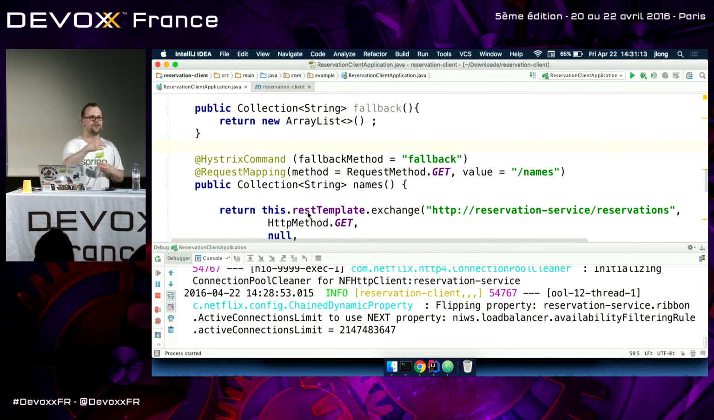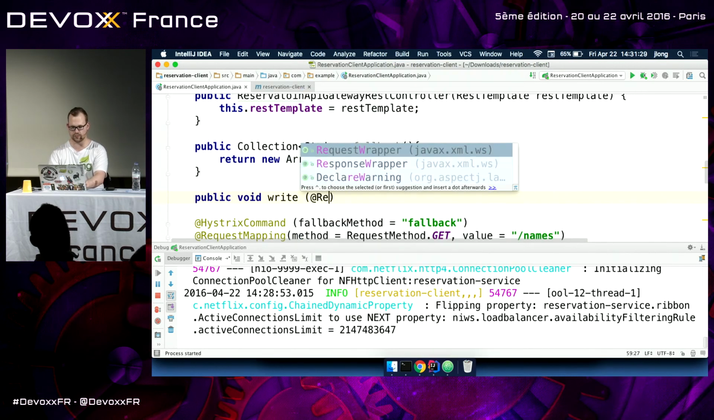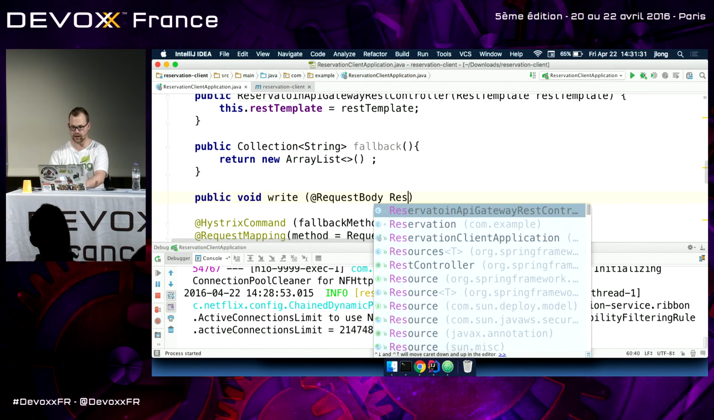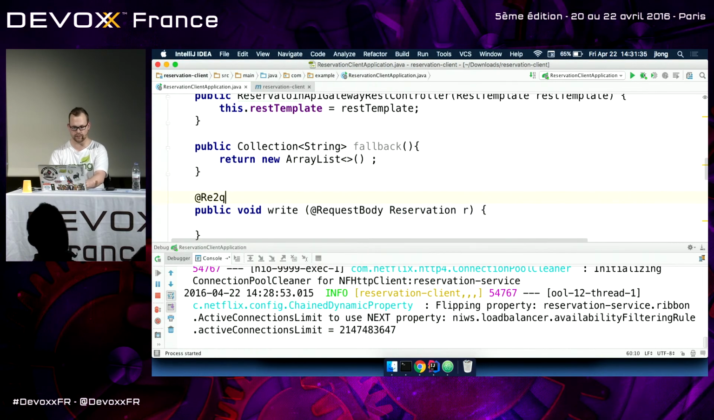So I'm going to use eventual consistency. I'm going to use messaging. I'm going to use something called Spring Cloud Stream, which lets me connect services using message brokers, okay? And it's declarative. So I'm going to create a new endpoint here. Public void write, @RequestBody Reservation. And I'm going to say @RequestMapping